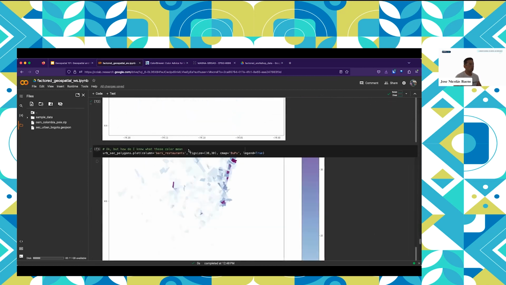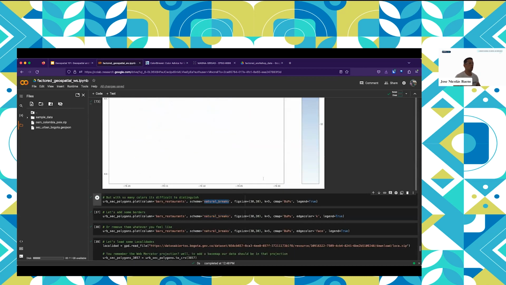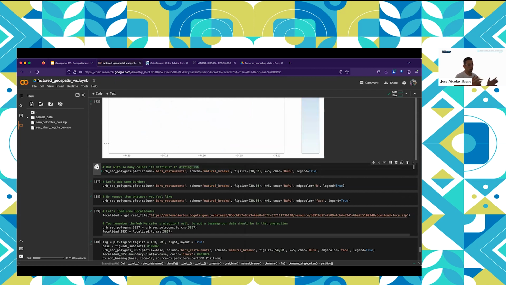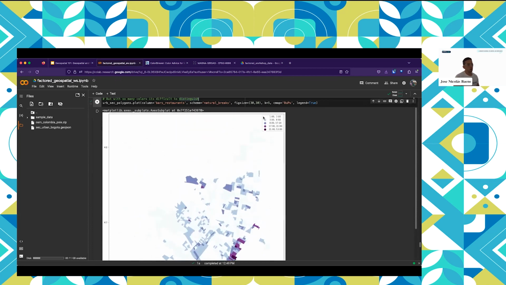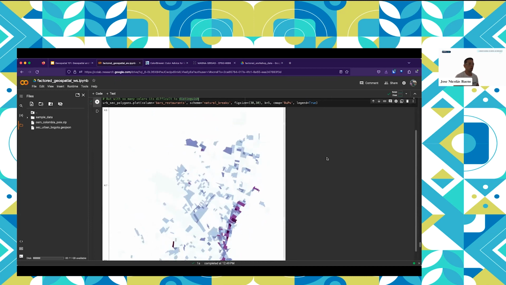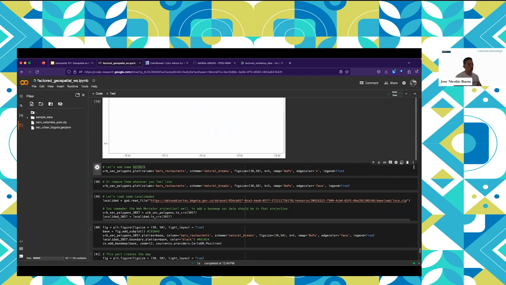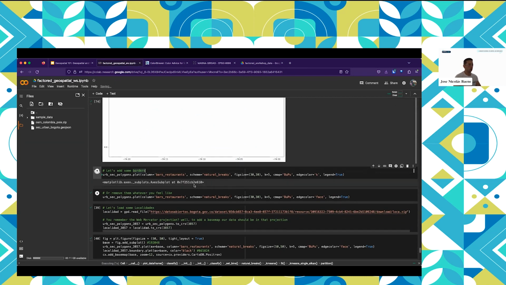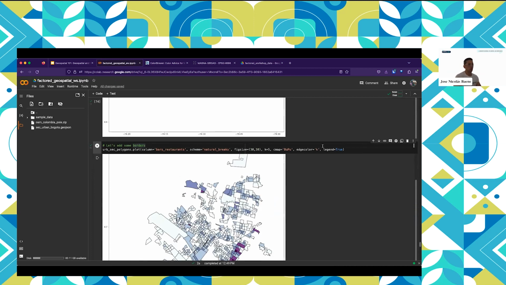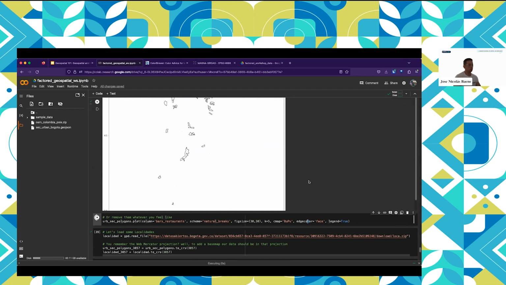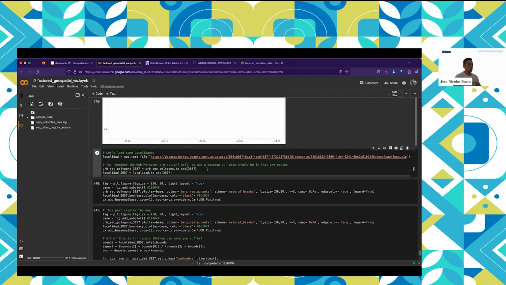So let's use mapclassify. From it, the natural breaks, which is around here. This tries to cluster data in natural split intervals. And right now, okay, I think it looks better. And now you have a very simple legend with the categories. But let's say we want to add some edges, some borders to the data. Okay, right now it starts to look a little bit better, or maybe I want to remove them. And then I can add some more data for context and add a base map.